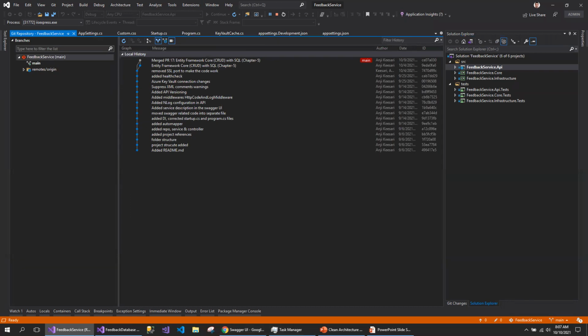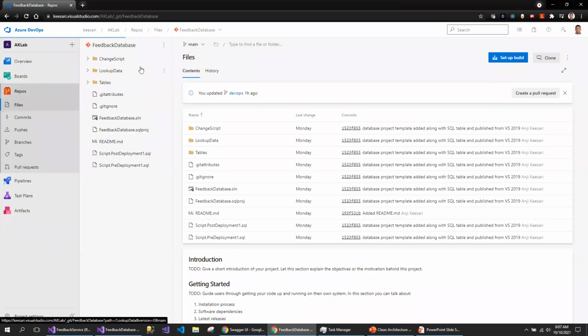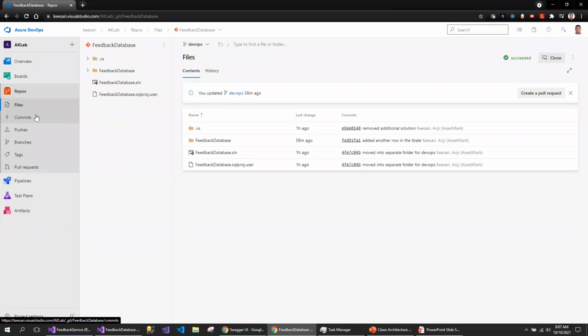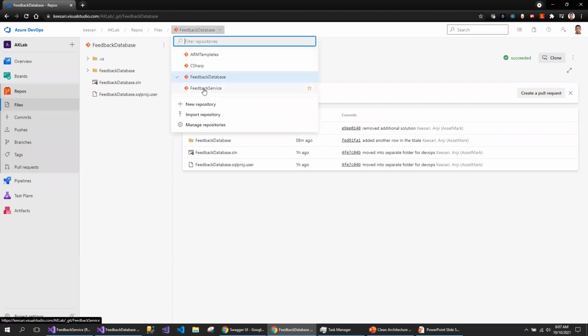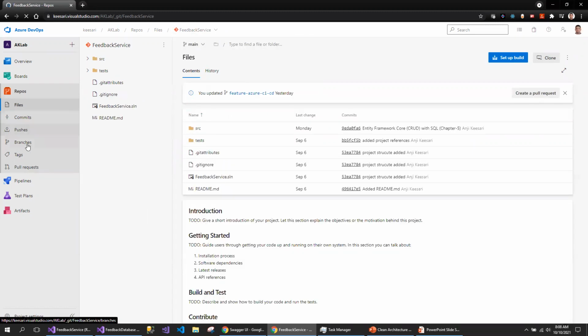For that, I have to log into my DevOps. So let me quickly go into the DevOps. This is my DevOps where my Git repo, where my code is sitting. Let me select the feedback service. I will merge my Entity Framework code into main and then start working on publishing the code into Azure DevOps.